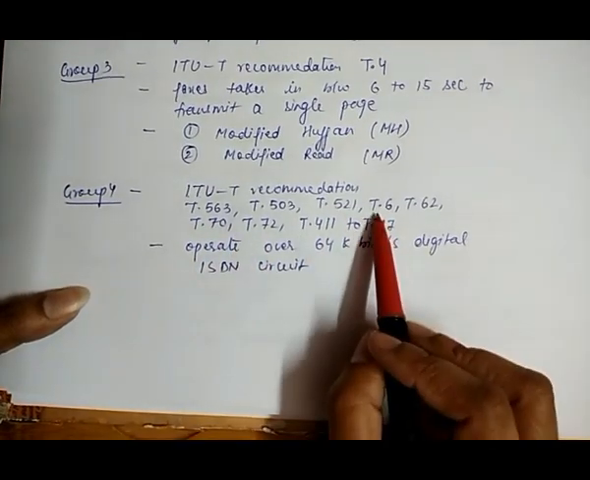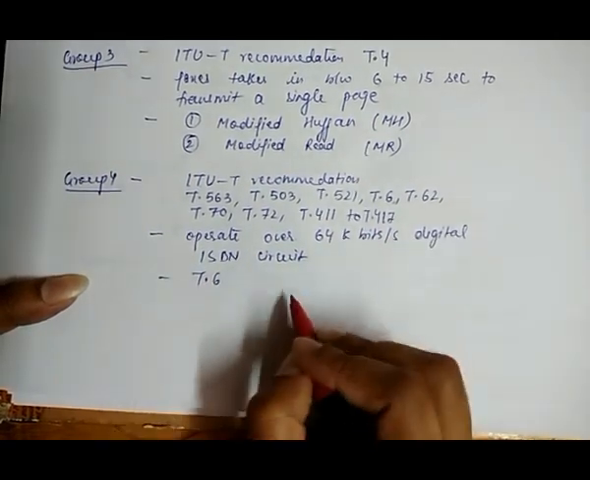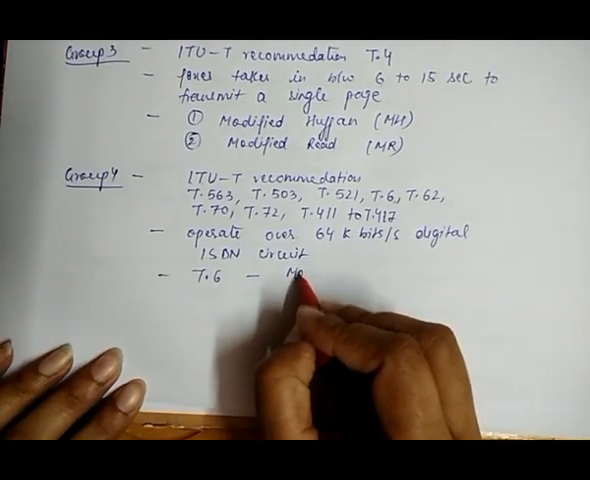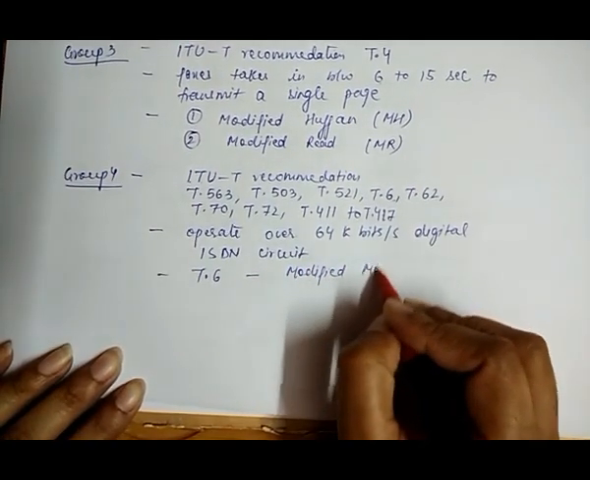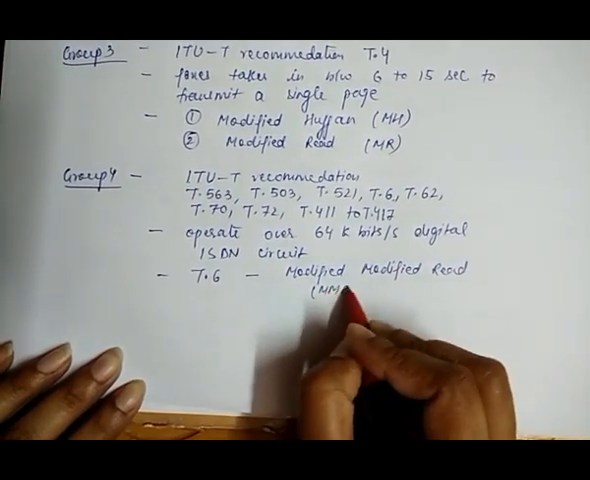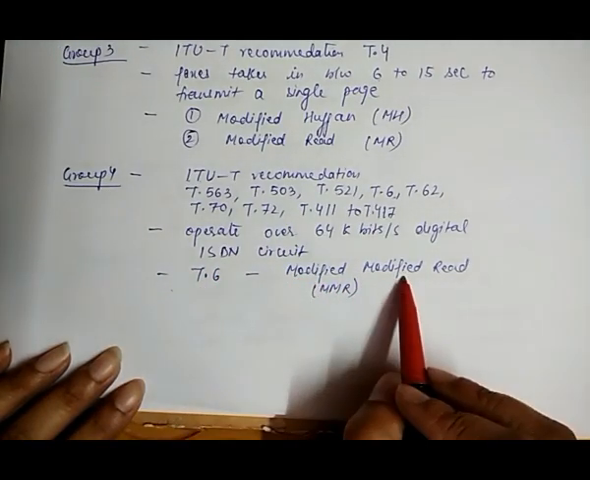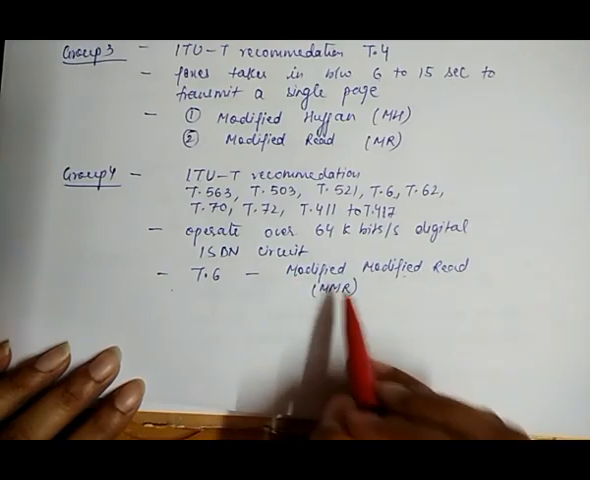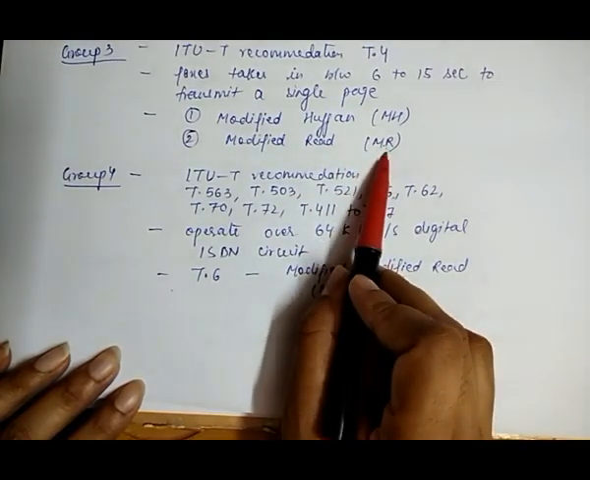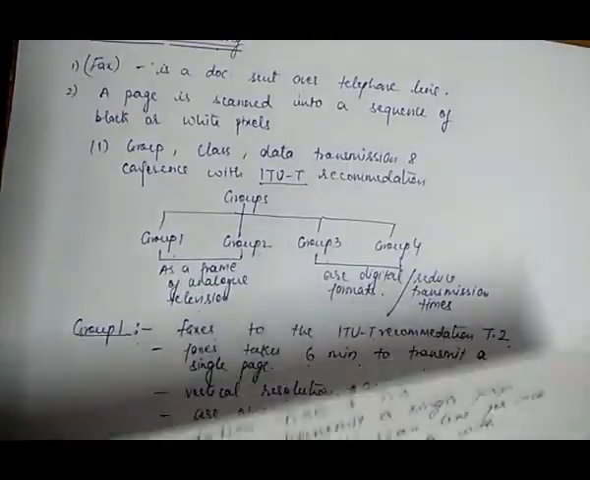And here the T.6 recommendation adds a further compression type, that is modified modified READ, MMR. So in group 4, this T.6 recommendation adds a further compression technique which we call modified modified READ, MMR, which simply allows a greater number of lines to be encoded by this MR than in T.4. Okay, so these are 4 groups: group 1, group 2, group 3 and group 4,